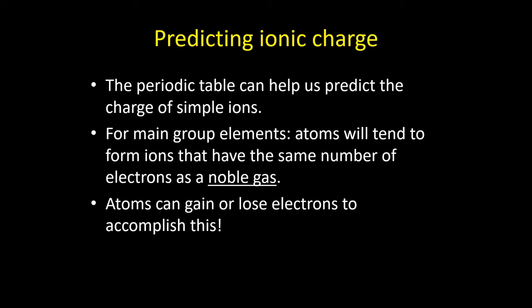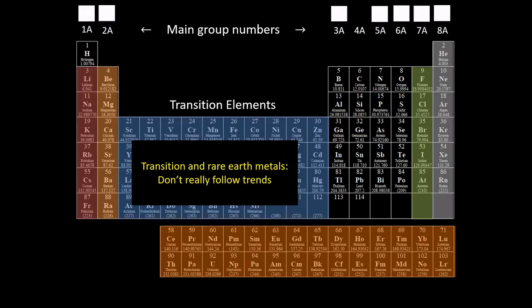And it's not because they're stuck up. It's because they're very stable. They don't need to interact with anything else. They're happy the way they are. So everything else is trying to get to be the same as that. They want to get the same number of electrons so that they can be stable, just like the noble gases. So, to do this,